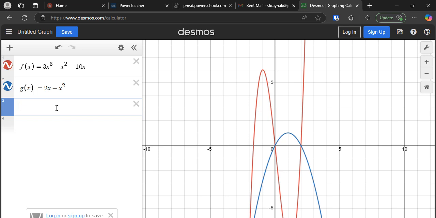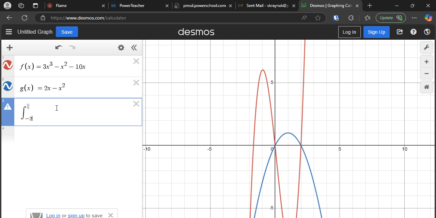Oh, so it's 0 minus 12 minus 20. But then that should be minus the x squared, which is 4, which gives me 0 minus,